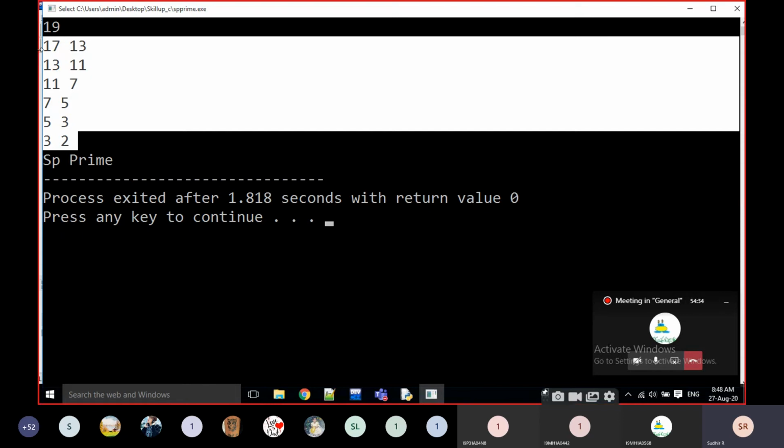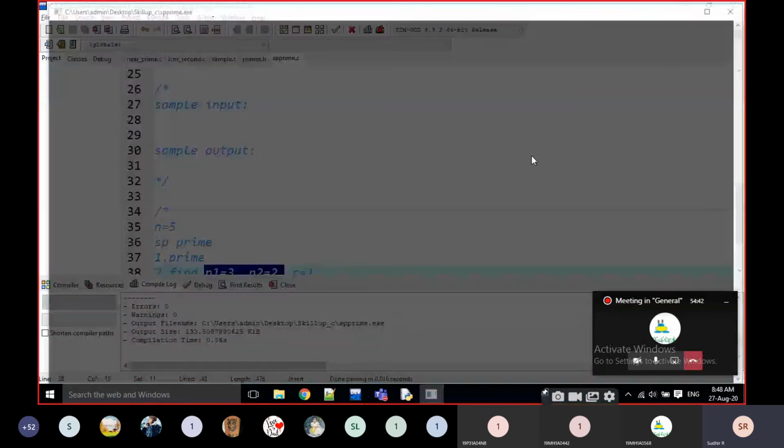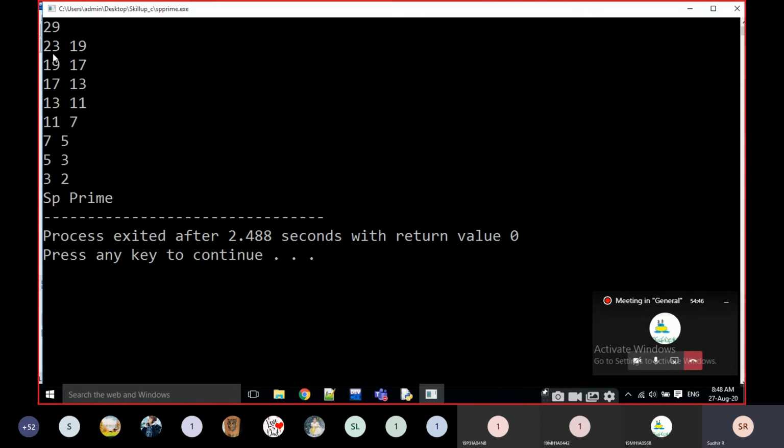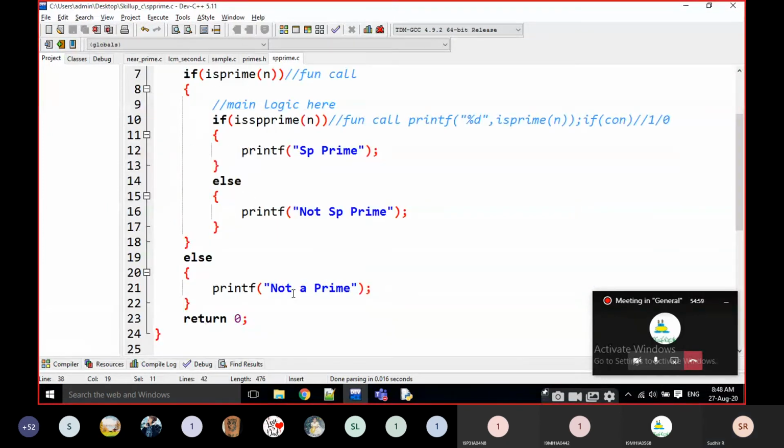Is it clear, everyone? What I am writing here, is the loop perfectly repeating or not? For example, if I execute it again with 29, just observe: 23, 19, 19, 17, 17, 13, 13, 11, 11, 7, 7, 5, 5, 3, 3, 2. Is it clear what I am doing here?